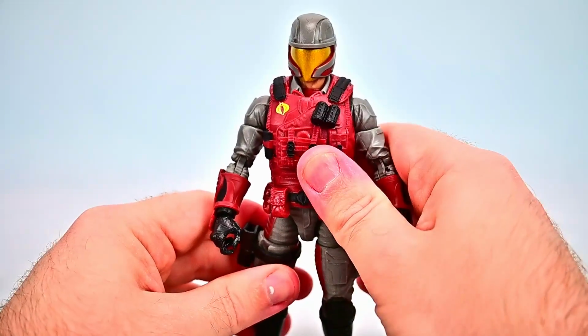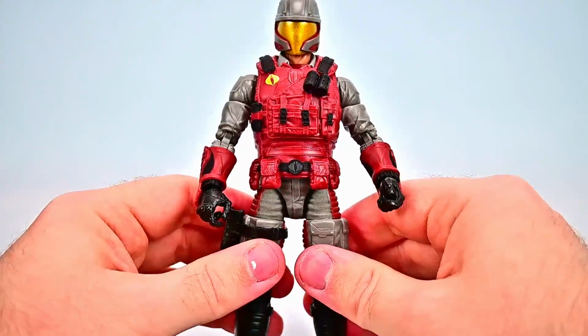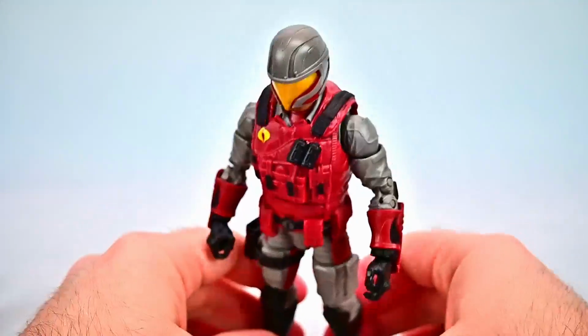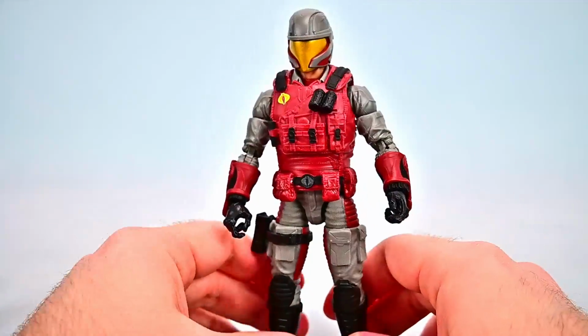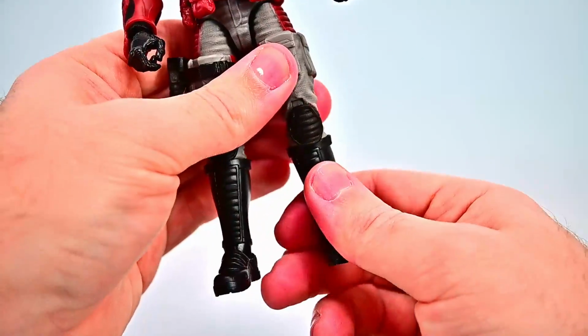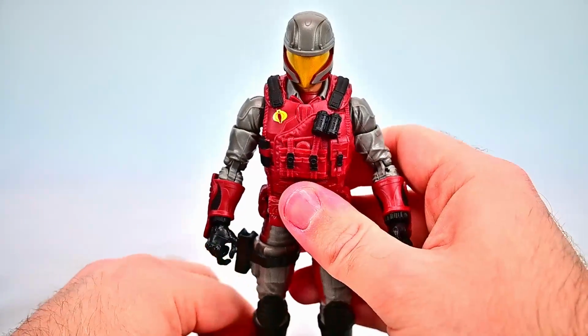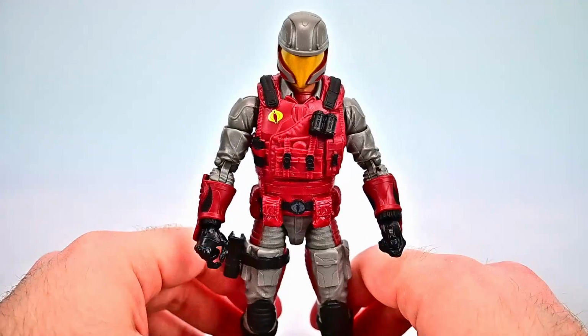So you just have to get their legs all messed around with and make sure the hips are popped in. So like see as I'm standing, he's like twisting to the side, so I'm straight, but he's like twisting over to the side a little bit, and I can't figure out how to get that fixed and straightened up without messing around with his legs much more than I'm going to be able to do right now. So that's just one minor annoyance with these figures,